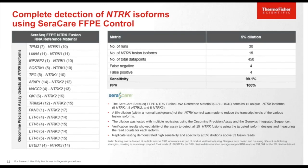Along with using the cell line controls and internally developed controls, we've also tested the NTRK fusion control from the SeraCare FFPE. This SeraCare NTRK fusion control contains 15 unique NTRK isoforms: 5 for NTRK1, 5 for NTRK2, and 5 for NTRK3 that are covered by the Oncomine Precision Assay. A 5% dilution within normal background of this control was made to reduce the transcript levels of